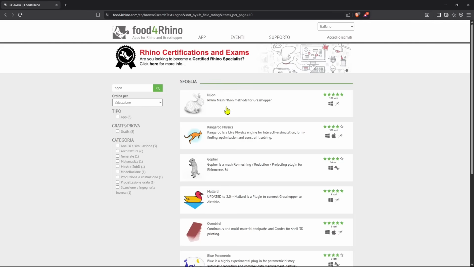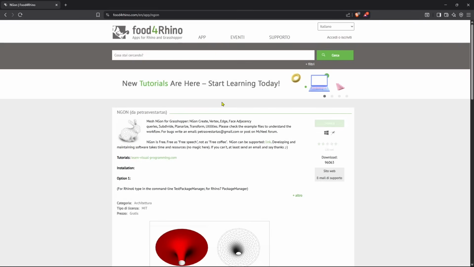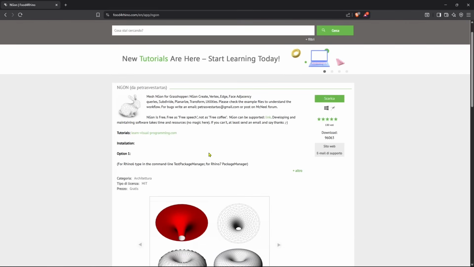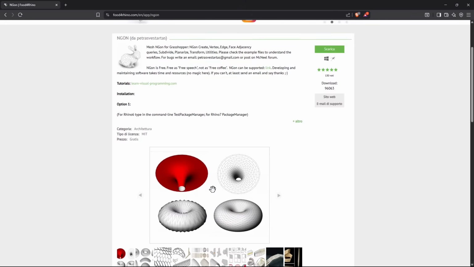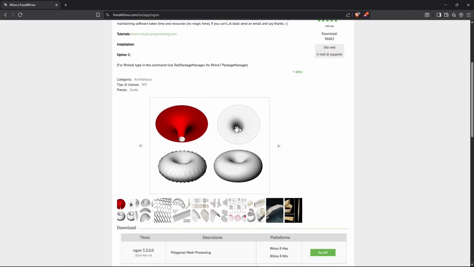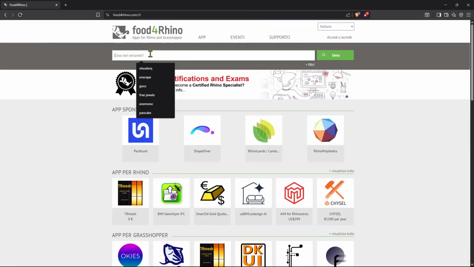In this video guide, we're going to see quickly the Ngon add-on, how we can install it in Rhino and use it in Grasshopper for Rhino. I'm just going to do a quick overview of this. Essentially, this is an add-on that lets you create structures, meaning that you can divide your surface into a grid and then use it for framing or also